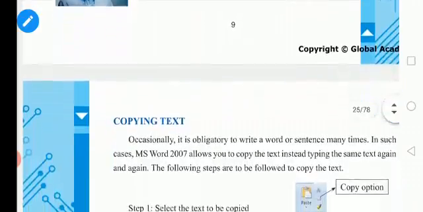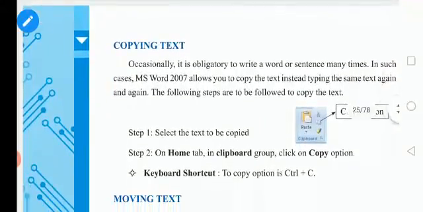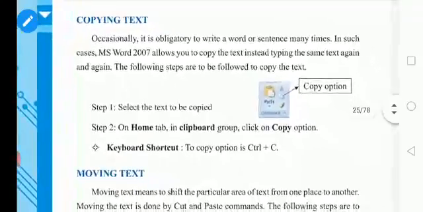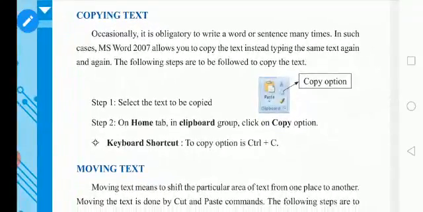Okay dear, now we are coming to some editing options. So copying a text, how will you copy the text? For what purpose are we copying first? For example, consider you are typing an essay in the document. In that essay, a particular word repeats more than 10 or 20 times, and the word is in a big font. So what will you do? You will copy that particular word and paste it wherever it is needed. For that purpose we will use copying.